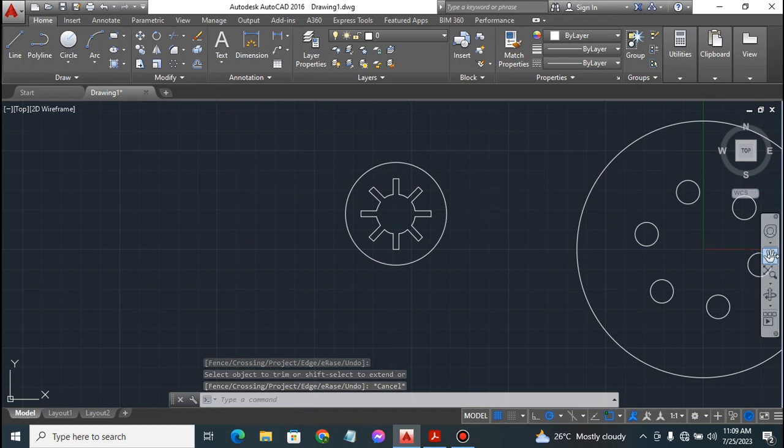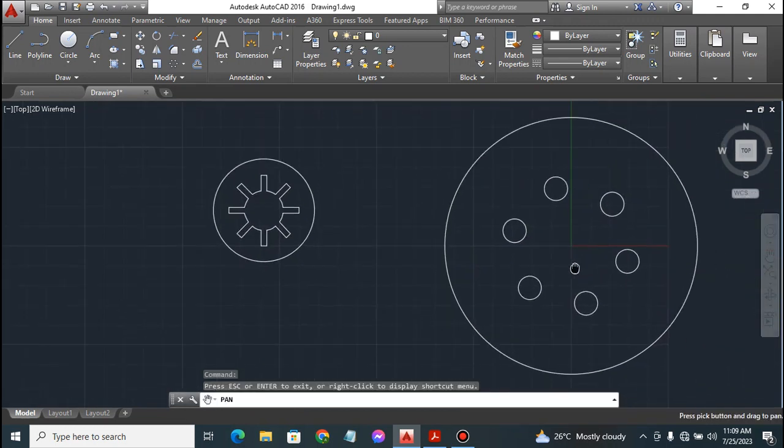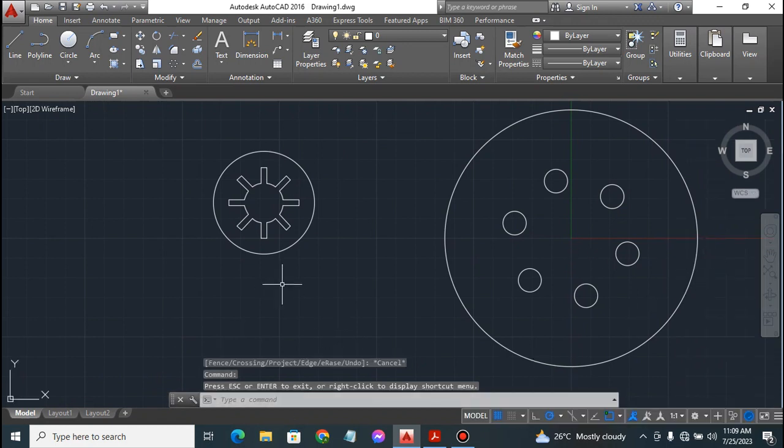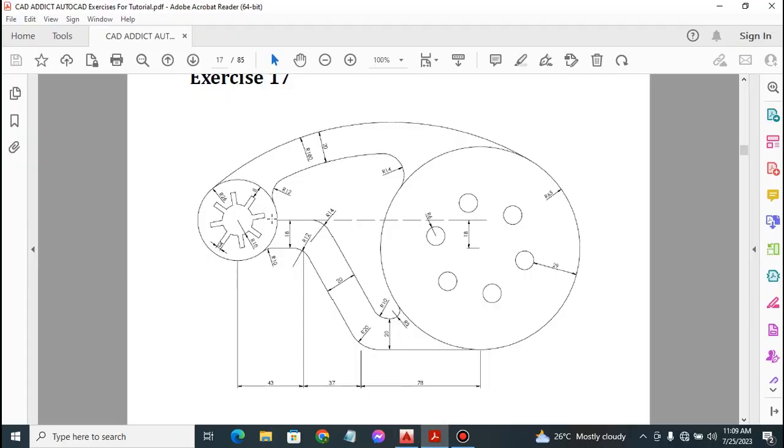So I'll pan to centralize our drawing. Okay, so we'll go back to our PDF document to get more dimensions of our drawing. Okay, now we've done justice to this part of the drawing. Next up is to reproduce this part here. All right, so how do we do that? So we are going to offset that vertical construction line right at the center